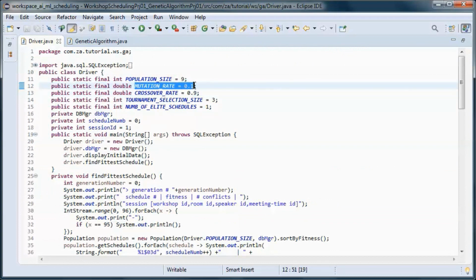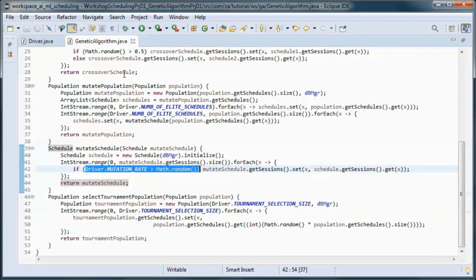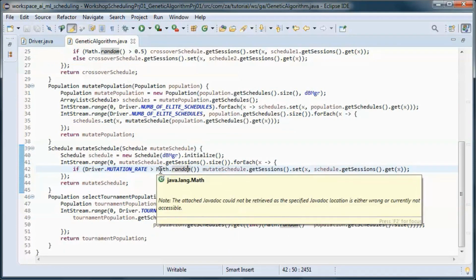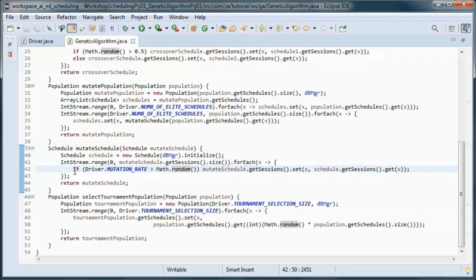And here it's 0.1. So 10% of the times. It should usually be smaller, but for the purpose of this application, we'll pick this value.